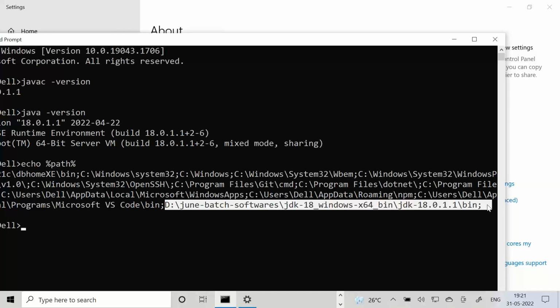Second, you are trying to do something at the operating system level. There may be a chance of something getting corrupted. If you are doing it perfectly, that is okay, but we are human beings and there is a chance of committing a mistake. If the existing one gets a conflict or gets changed, the operating system may not work properly. That is why don't try doing anything at operating system level. That is why yesterday I told you, leave the C drive completely for the operating system. Don't do anything in the C drive.